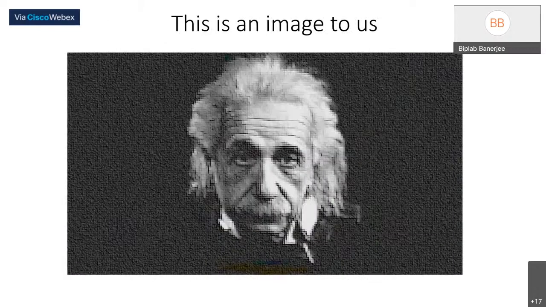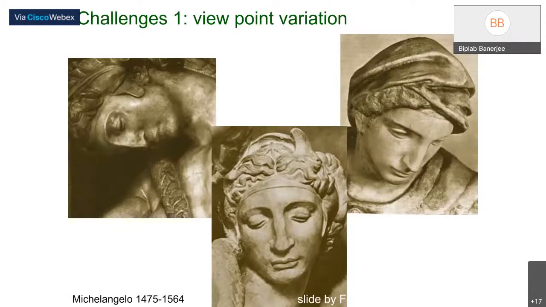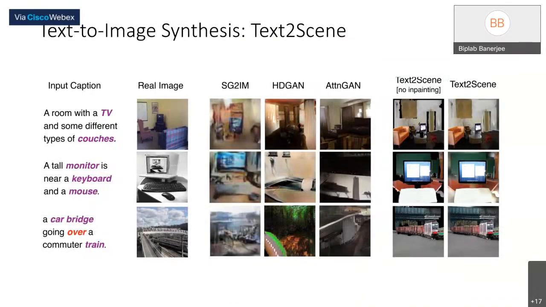This is first of all challenging because an image, for a computer, is a bunch of numbers. So how can we ensure a particular structure or shape or texture from these numbers is very difficult. Anyway, that's one problem. By the way, for this task there is generative deep learning, for example models like VAE, the variational autoencoder, or models like GAN, generative adversarial networks, which are very popular in solving this kind of task.